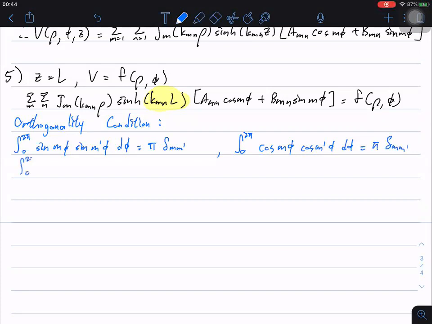And for sine and cosine, when you integrate it, it will always be 0. Okay, so that's the orthogonality condition for the Fourier series. And for Bessel function, it still has some similar orthogonality condition, a similar form. So if you integrate two Bessel functions,